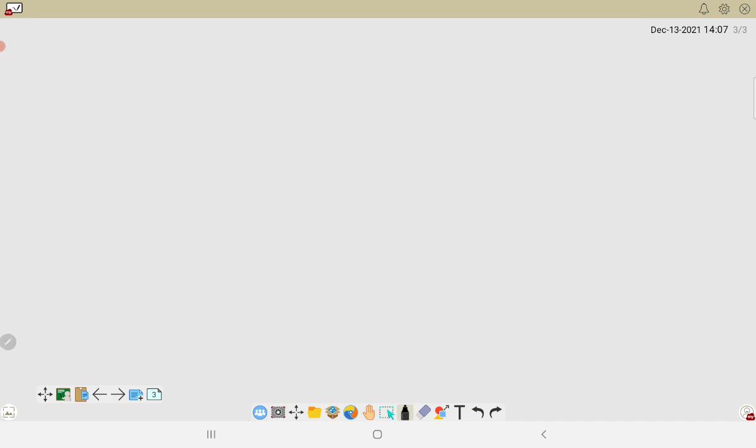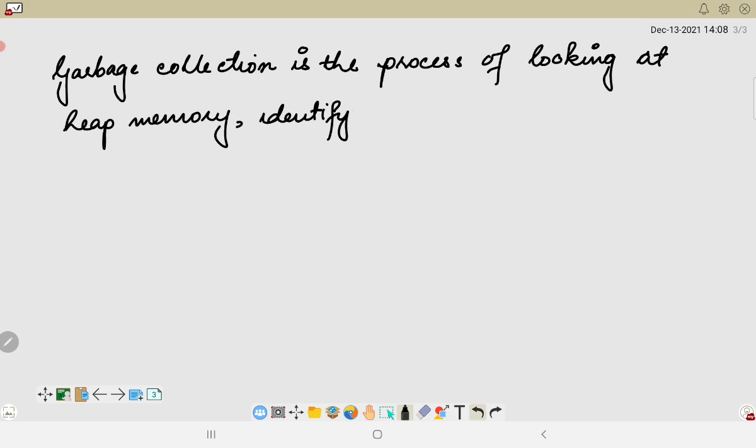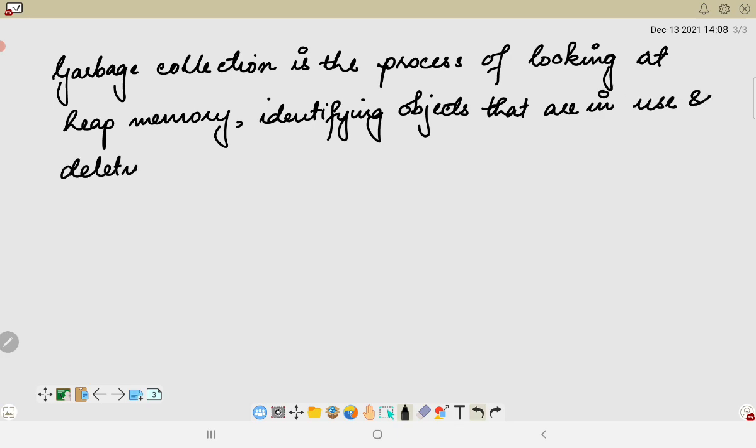Java automatic garbage collection is the process of looking at heap memory, identifying objects which are in use, and deleting the unreferenced or unused objects. So, deleting the unreferenced objects.